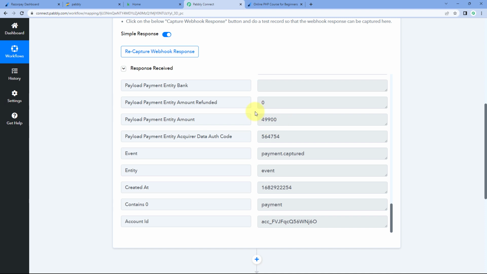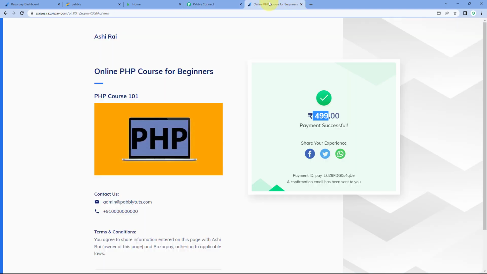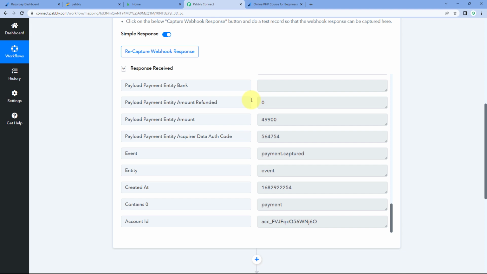Now this is because while sending the data, Razorpay does not support the decimal value. So here you can see the amount is 499 rupees and 0 paise, 499.00. But while sending the data, because Razorpay does not support the decimal value, it eliminates the decimal and adds the last 2 zeros over here as well. So that is why this response seems to be 49,900 to us. We have 2 extra zeros at last every time we get the amount from Razorpay. So if you want, using a feature of Pabbly Connect that is called text formatter, you can remove these 2